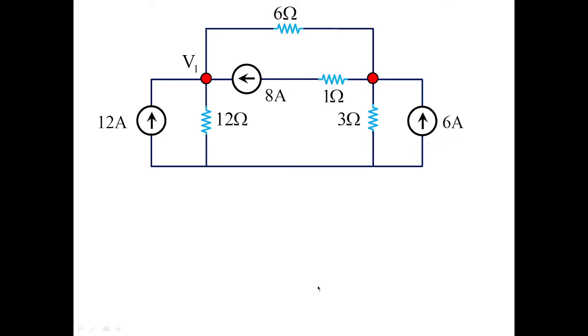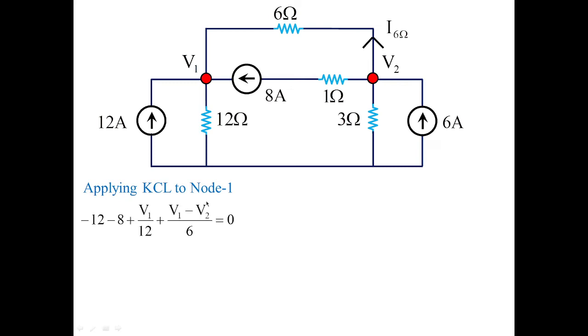Now let us cross check whatever answer we got for the current in 6 ohms with another method, that is node analysis. I'm identifying two nodes here, V1 and V2, and the direction of current I 6 ohms is leaving this point at V2 and entering towards V1. So the current would be V2 minus V1 whole divided by 6. That current should be equivalent to the answer which we got using super mesh analysis.